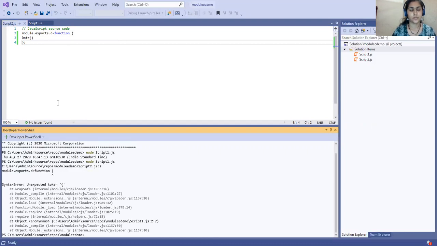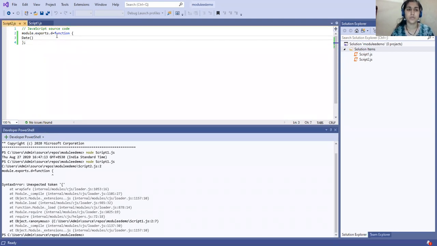Okay, here is the parenthesis error. Let me show you what happened over here. I took one function and copied that function into a variable. So actually what we have to do is write one function for that, and then assign it as a variable.